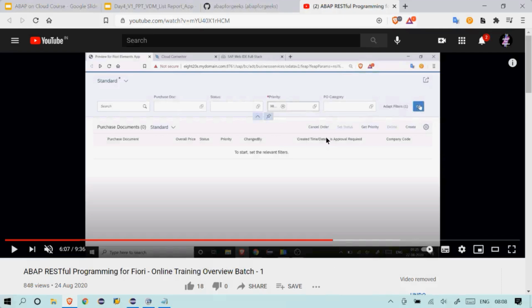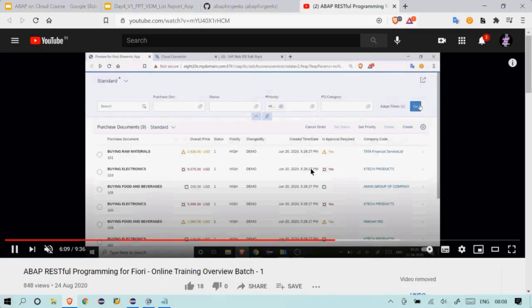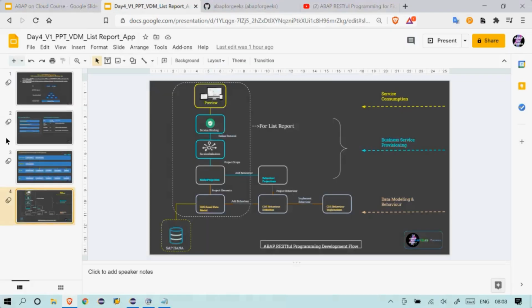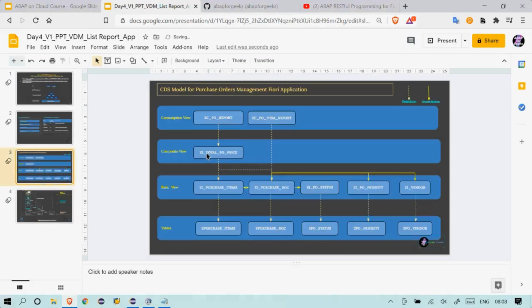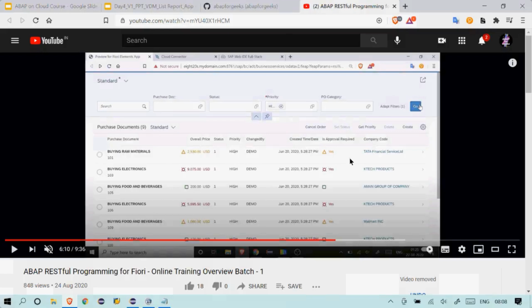Here you see all the filters you want, and as soon as I click on Go with the filter, I'll get all the information. You get purchase document details, what the overall price is. This is an aggregation we do in this layer. In the composite view, we see total price, which shows up here as overall price, an aggregation.